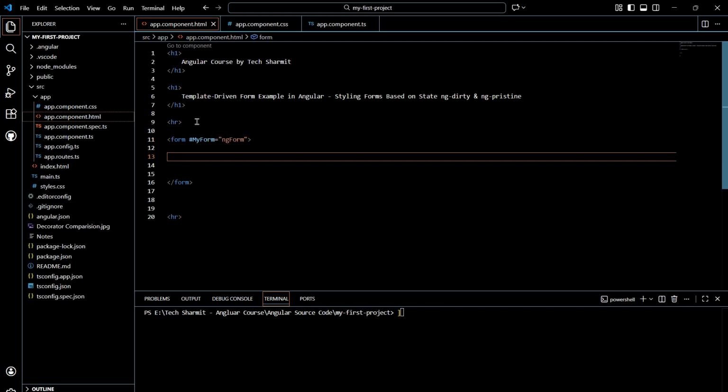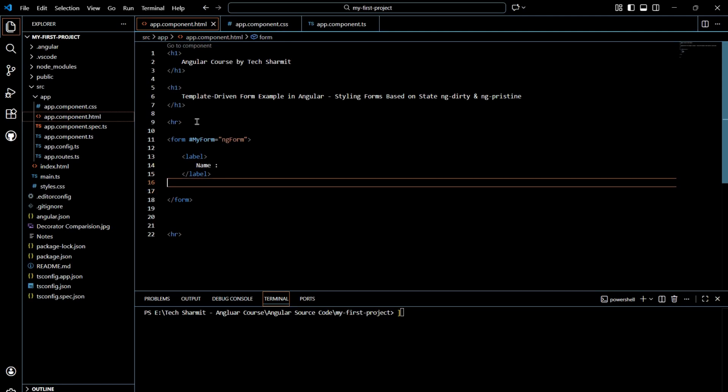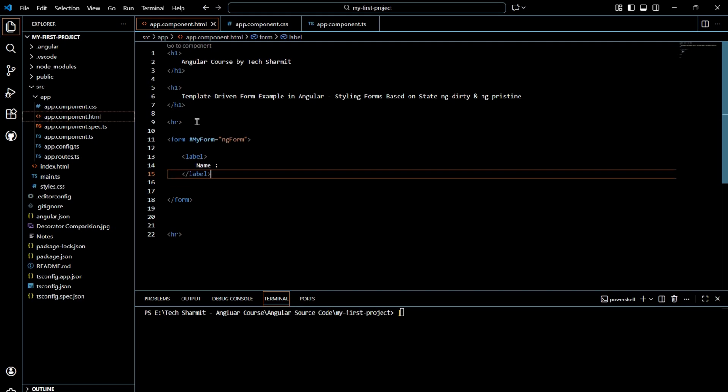After this you can add one label here, and this label will just tell us the title of the field which we are going to create. So basically we will create a very simple form with one field only, although in forms we have multiple fields, but for this example we will just take one field that will help us to understand the concept of ng-dirty and ng-pristine classes. So we will create one input field with the name user, or maybe we will call it name. Now for this name, let's add the input field here,